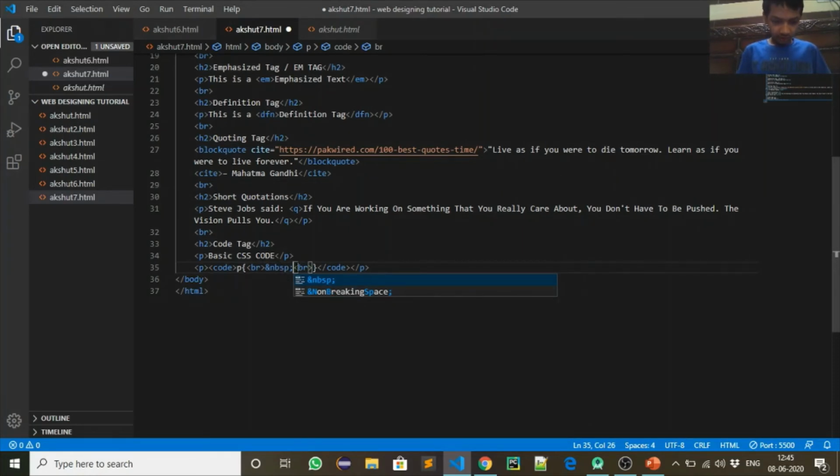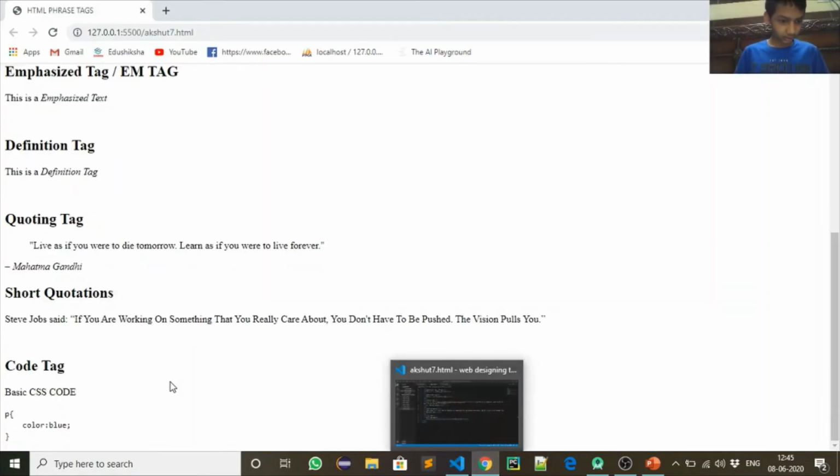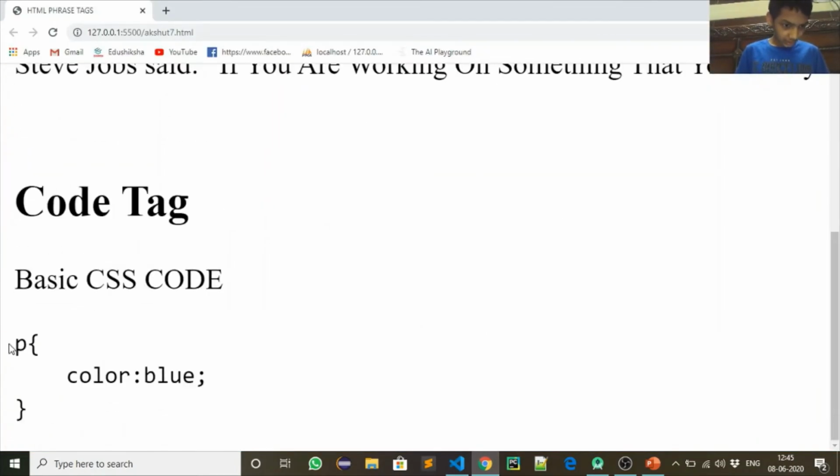So I have put it also, and I will do it around 4 times. 2 3 4. I will write color, and here I will write blue. I will save it and here on the browser, as you can see, all the thing is coming in the